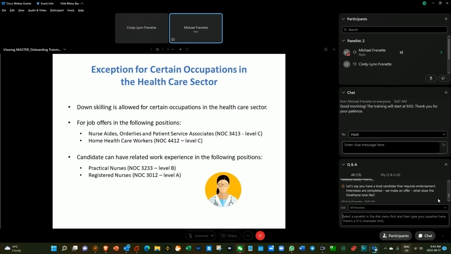As an example, in New Brunswick, it can take up to 2 years before the person is able to write the exam, and that candidate has to be in Canada. So that's why we allow them to work in a lower NOC while they prepare and get ready for the exam.